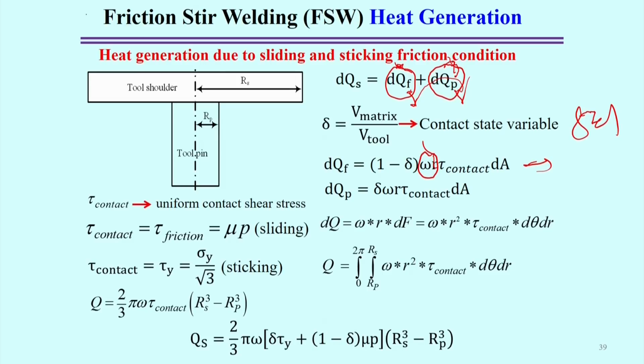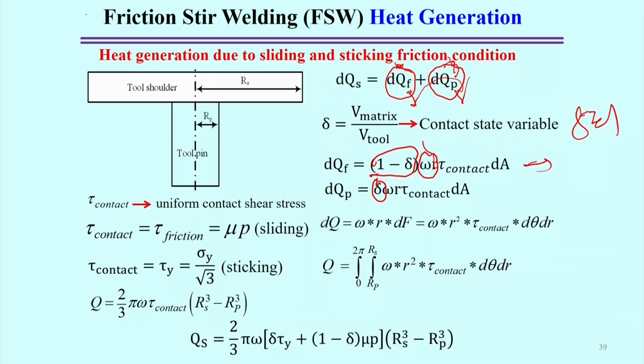So, that shear stress into elemental area actually represents the shear force. That force into velocity defines the amount of frictional energy, and further this energy we divide into two components: one is 1 minus delta, another is only delta. So, only delta means it is a sticking condition, we can say only delta omega r tau contact into